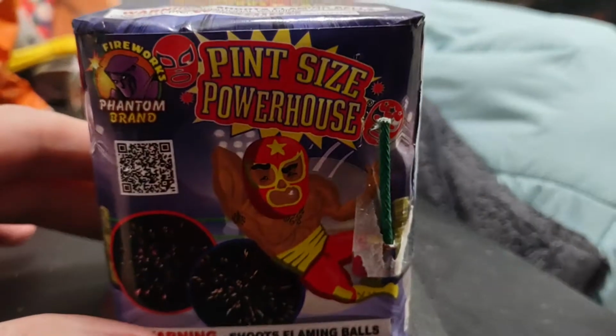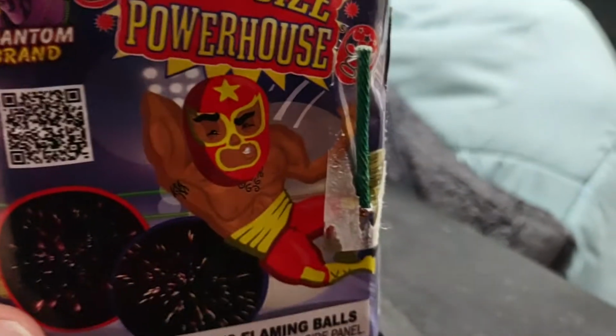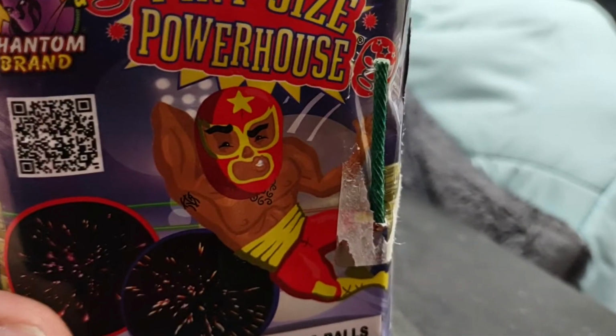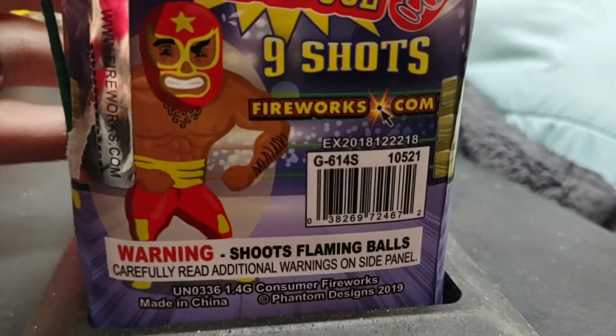Fun with fire. Tonight doing a little 200-gram cake from Phantom Fireworks. Pint-sized Powerhouse. It looks like if Hulk Hogan was a luchador, that's what he'd look like. Brother. Hermano. 9 shots. Your item number is the